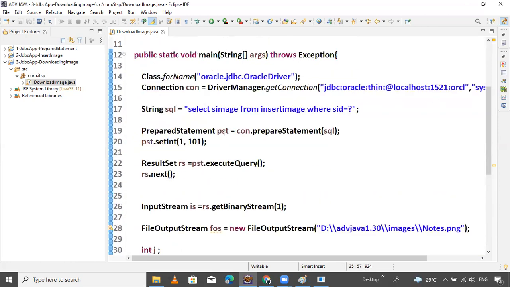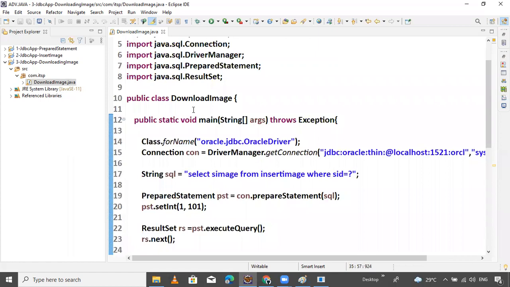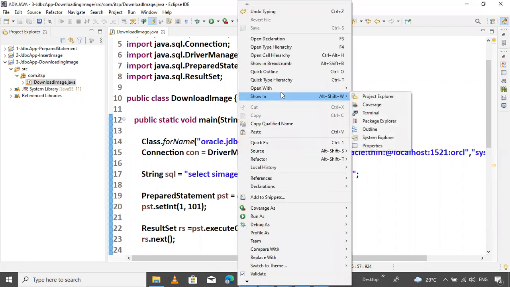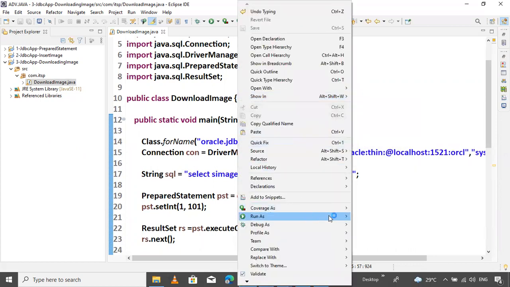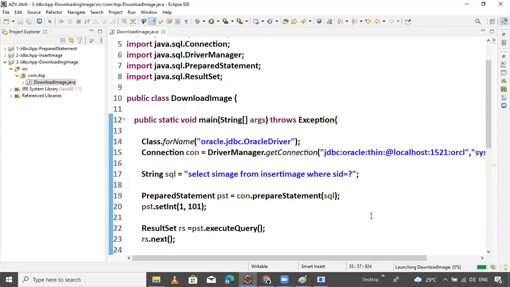Now let's test whether the data is coming or not. I hope, fingers crossed. So right click on the project, right click and run as Java application.